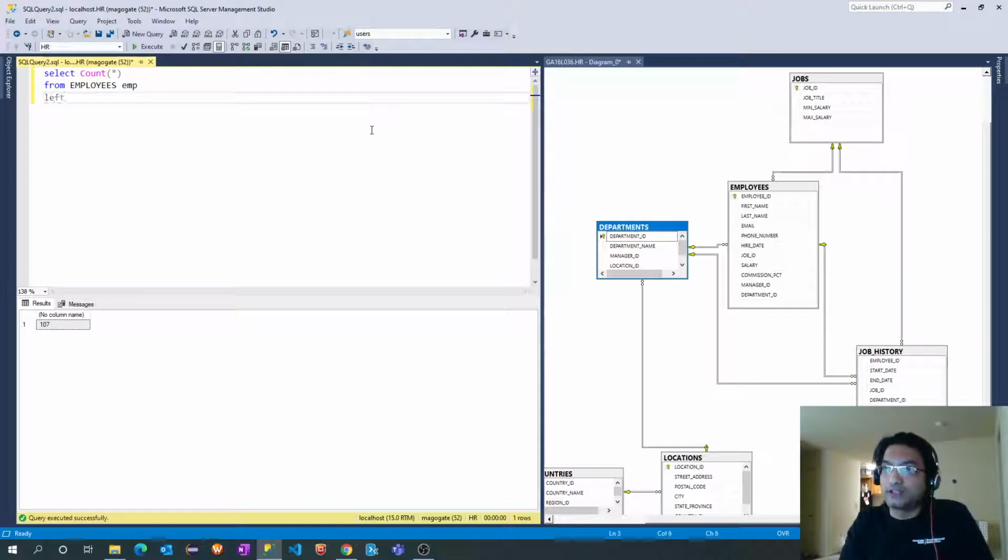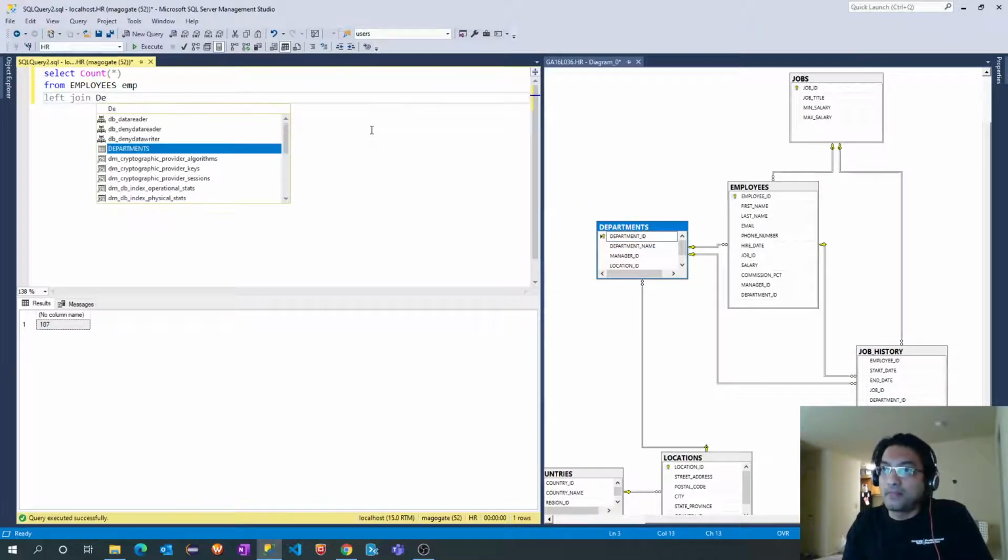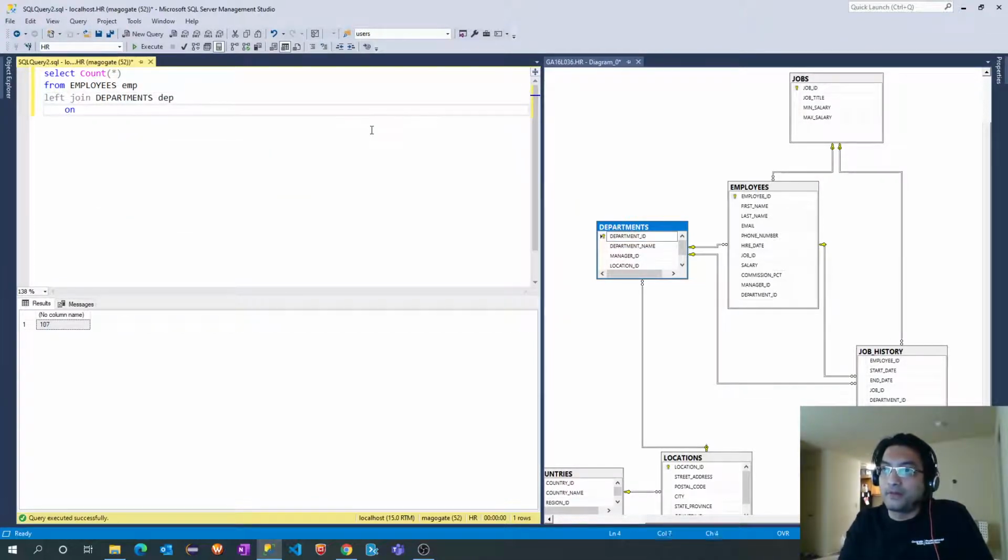So let's join that, DEP on DEP dot department ID equal to employee dot department ID. As I said, department ID is a primary key in the departments table and a foreign key in the employee table. I have used a left join.